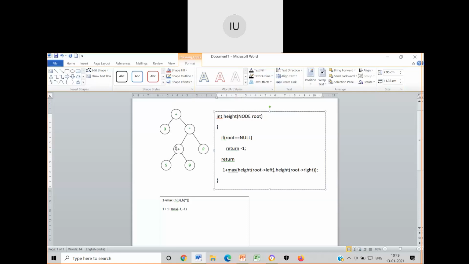This again calls 1 plus height of 5. So 1 plus, 1 plus, 1 plus, 1 plus. How much? 1, 2, 3, 4. There might be 4 times 1 plus.